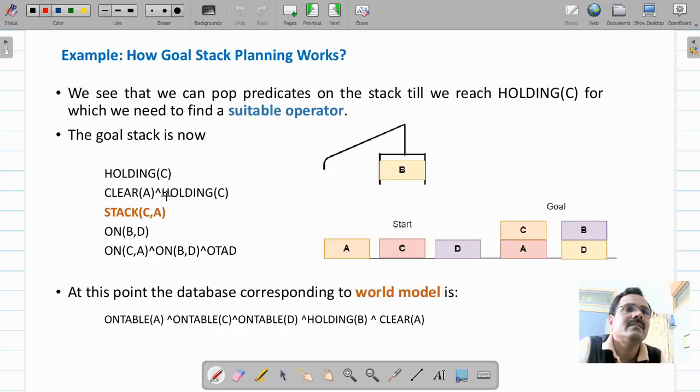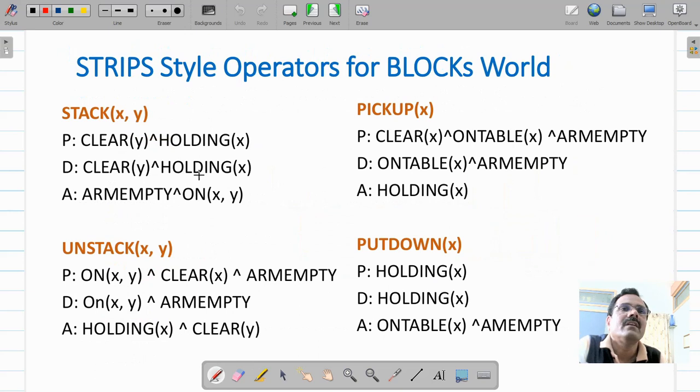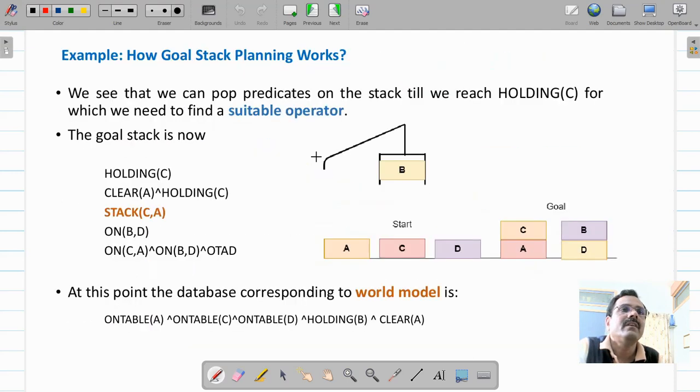We have holding C at the top of the goal stack. So we'll try to prove this holding C, and to prove this holding C, we'll have to find out which operator we can apply. So for holding C, we have two options, pick up C and unstack C Y. So these two alternatives we have.